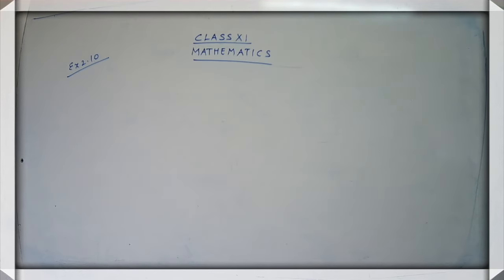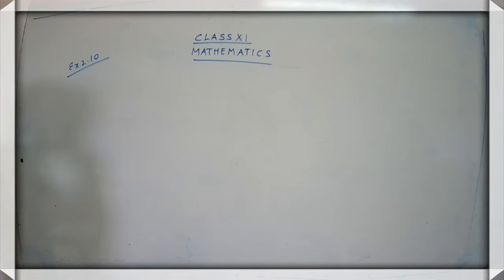Today we are going to continue with exercise 2.10, and this is a new exercise where we will be dealing with a graph. In the previous class I told you to get ready with your graph papers. No need to get a graph book, children, we only need 10 pages. We have around 7 sums in the exercise and 3 sums under solved examples. So you need 10 graph papers in total, and when we go for revision we will use some more. I hope you are ready with your graph papers, so get ready, children.